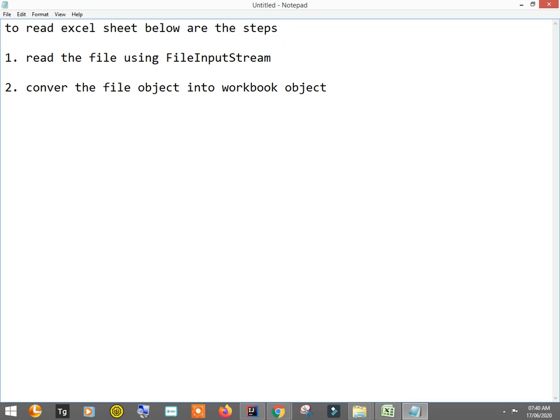Workbook is a class mainly for reading the Excel sheet. So convert the file object into the workbook object. This is the second step.